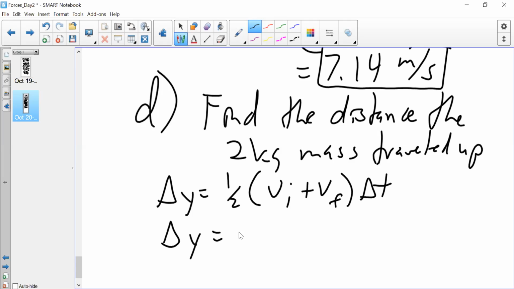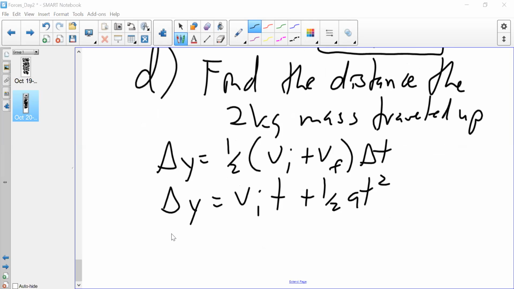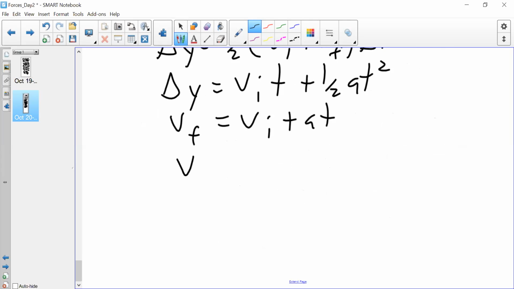Yeah, I was thinking about using this one, because I can get rid of... all right. Then delta y or delta x. Let me use the second one because